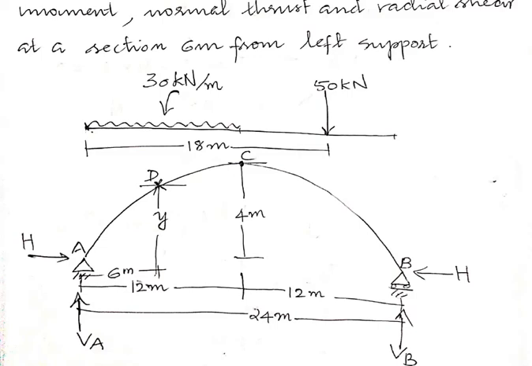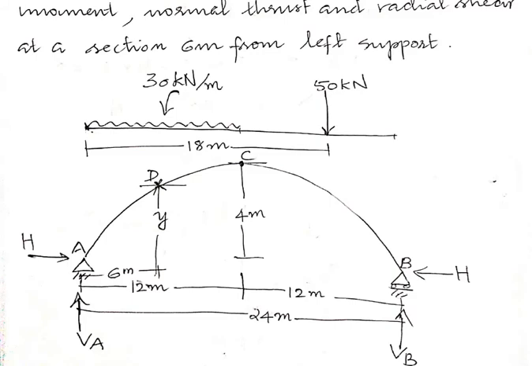As I told you, drawing this figure is very important in the analysis. So these loads, the distances, everything should be drawn correctly. Okay, so here what are the reaction components we have? VA, VB and capital H are the reaction components we have. First of all, we have to apply the equilibrium conditions and find out the values of these reaction components.